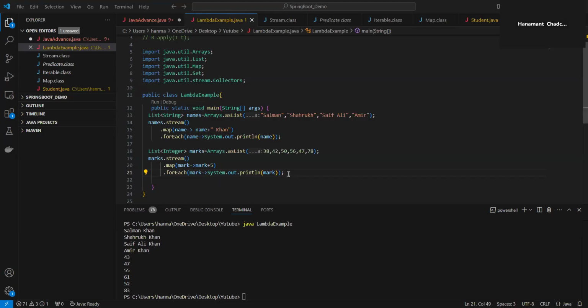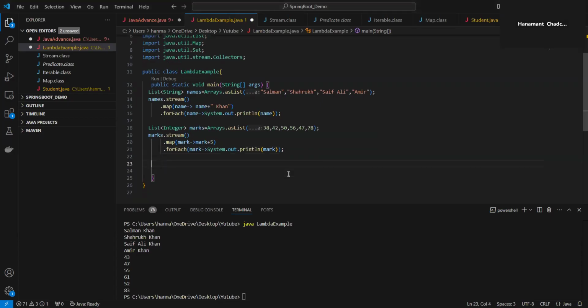In the next example, what do I need to do? I already have the numbers, right? So first I will perform a filter operation. I will filter this data based on some particular conditions, and after that I will apply the map method. Here I will perform some operation on that filtered data. If you want to do it like that, then what I need to do,